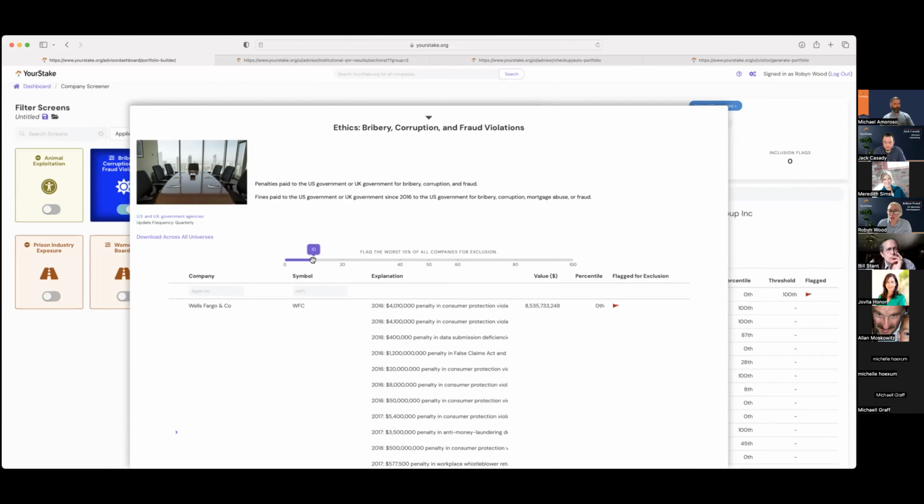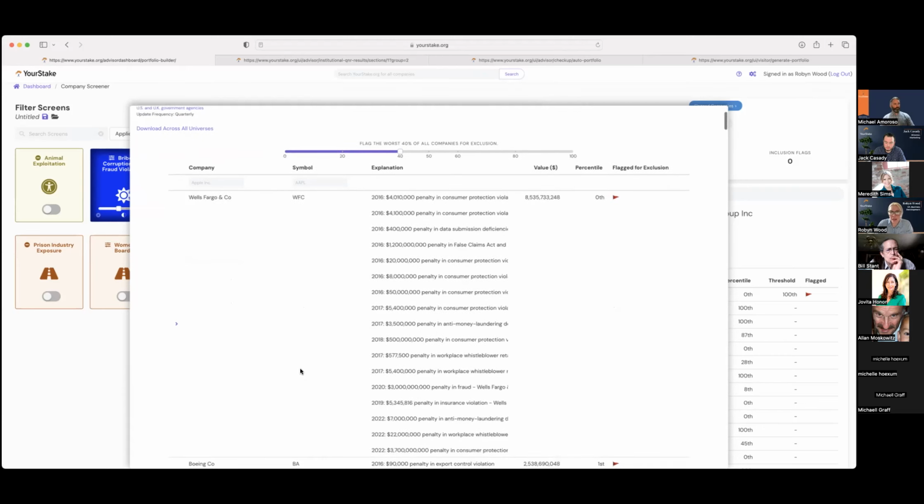So right now we're just flagging the bottom 10%. I can increase that and say flag the worst 40% of all companies in the S&P 500 for exclusion. Of course, we're going to see more companies flagged for this. And then for each company that gets flagged, you will see the total value of fines that they've paid,